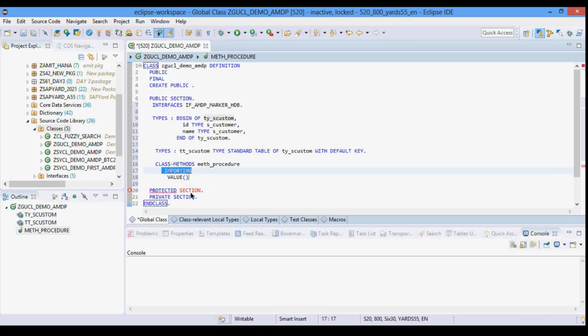Secondly, you can have importing, exporting, and changing parameters, but you cannot have returning parameters. Let me provide this importing parameter name. Now this type, as I was telling you, can either be a table type or a scalar type. It cannot be of structure types. So s underscore. I have provided this, and I will give one more input for mandate.